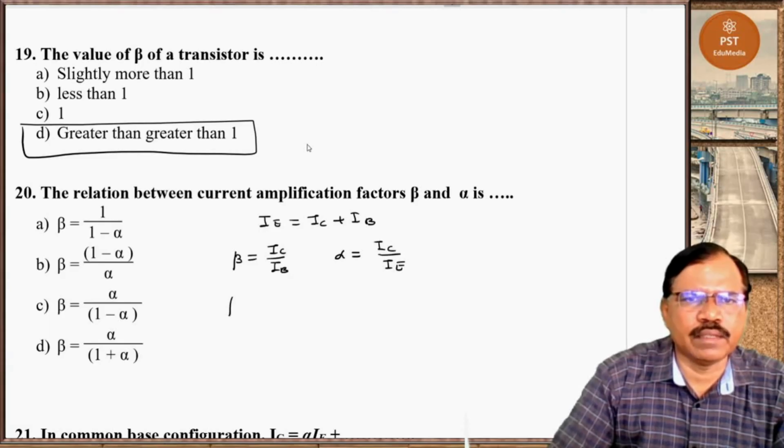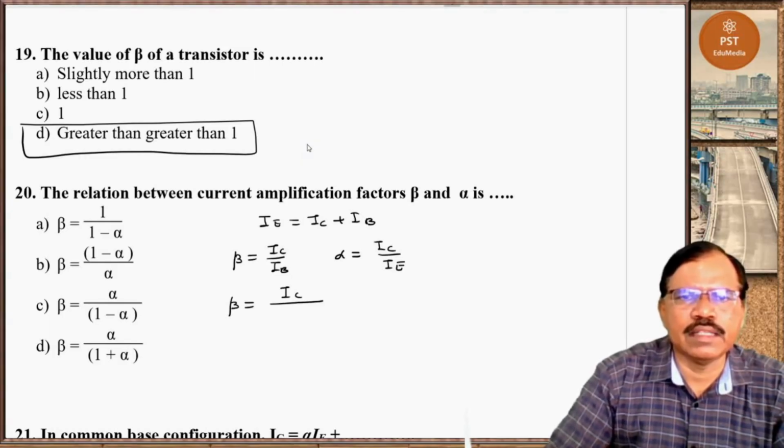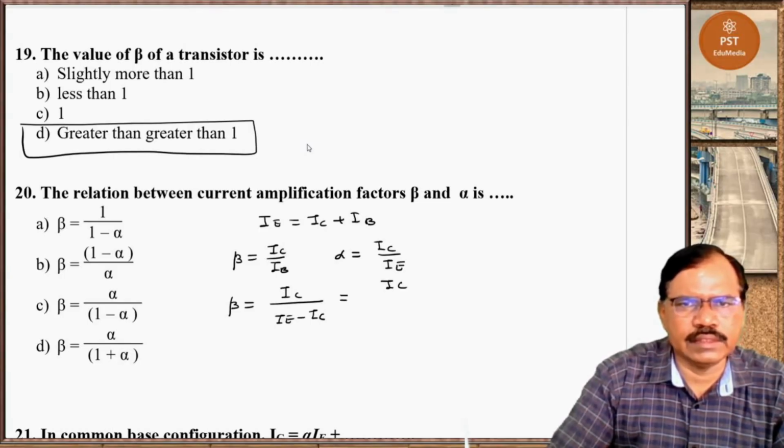So if we take here beta it is IC upon, now IB, we can take IB, that is IE minus IC. So I can take IC upon IC